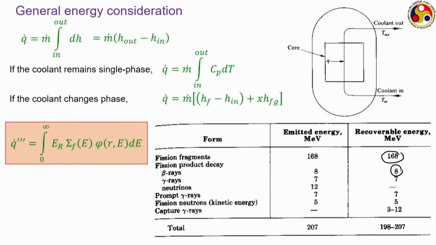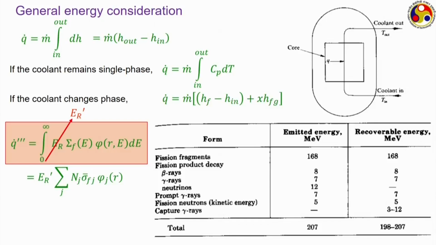And hence, while we had a total figure of 207 to deal with for this ER, in the practical case we are going to get only about 80% of that, and hence this ER must be substituted with an effective value of that, which generally is about 80% of this theoretical level. And hence we can perform this integration as an approximate summation,